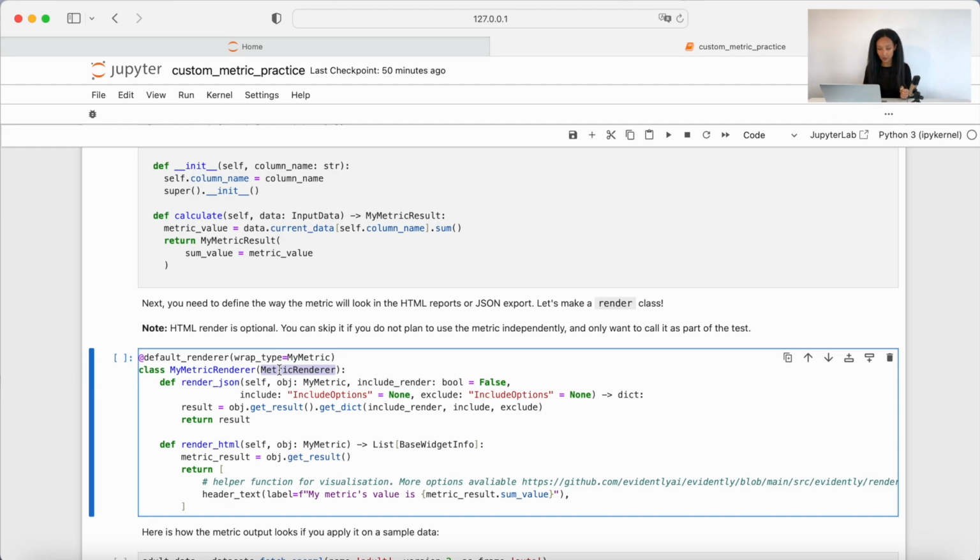That's the basic class for renderers, and we need to implement two methods, render JSON and render HTML. We need to pass here self, of course, and our metric, in our case it's my metric, and we have some additional data for JSON, which we use in the standard JSON renderers for Evidently. Basically, this is very helpful if you have a quite complex metric result structure and you want to let your users specify which part of the metric results to include inside of your JSON, which to exclude from your JSON,